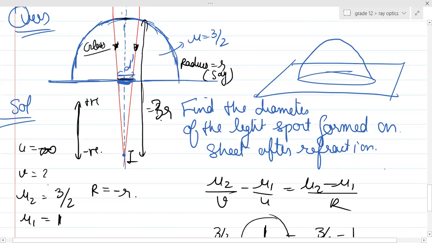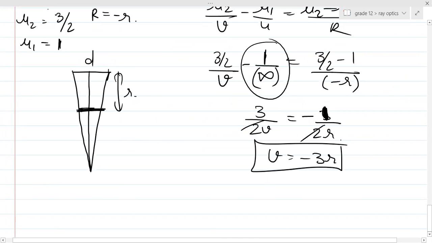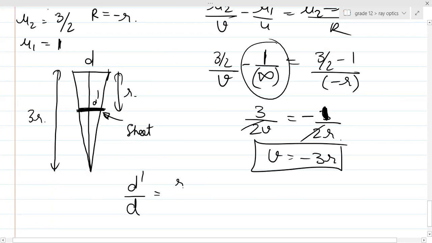So now you can see two triangles over here. I am drawing the rough diagram. This diameter was d. This distance is r where the sheet is placed, right? And let's say the diameter is d dash. This distance is 3r. So can you use the similarity of triangles? Yes or no? The radius will be in the same ratio of the sides. So you can say d dash by d will be equals to r upon 3r. And from here d dash is equals to,